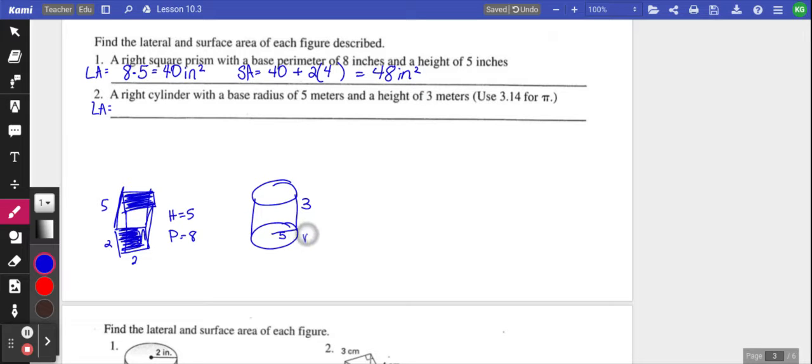So if our radius is 5, our diameter is 10. And so to find the circumference, I'm going to do pi times diameter, so 10 pi, and then times it by the height, which is 3. So that would give me about 30 pi, 94.2